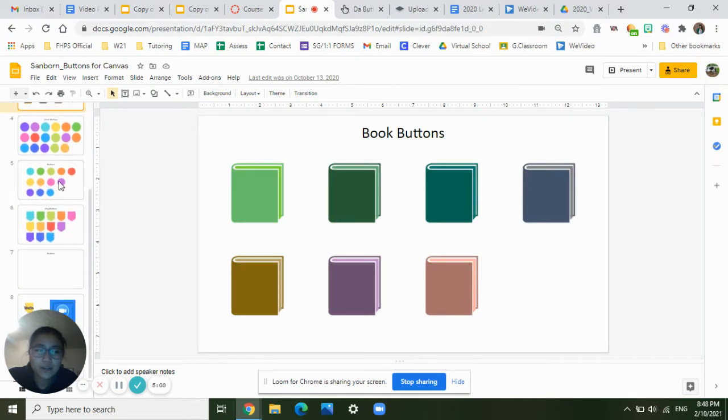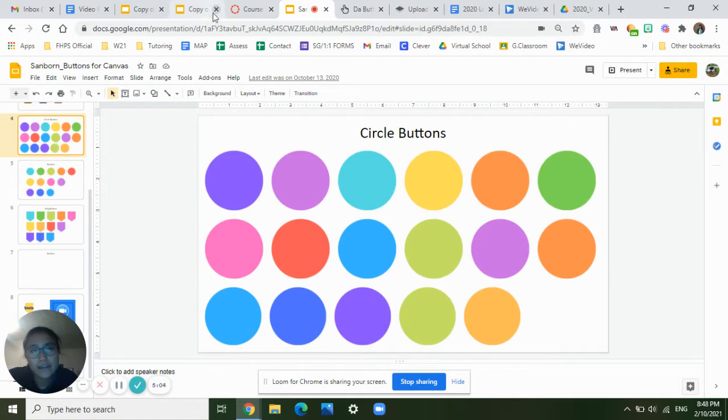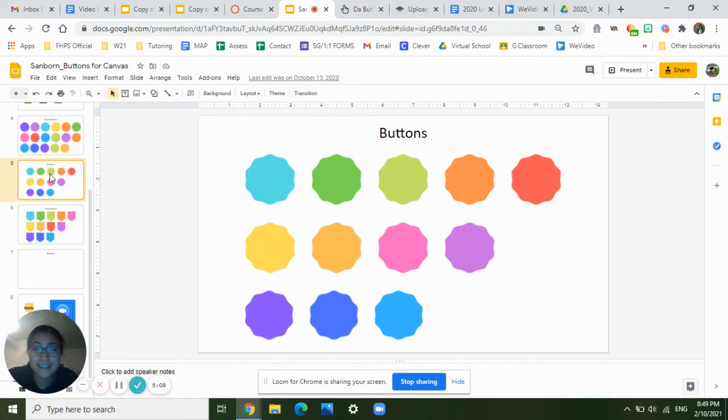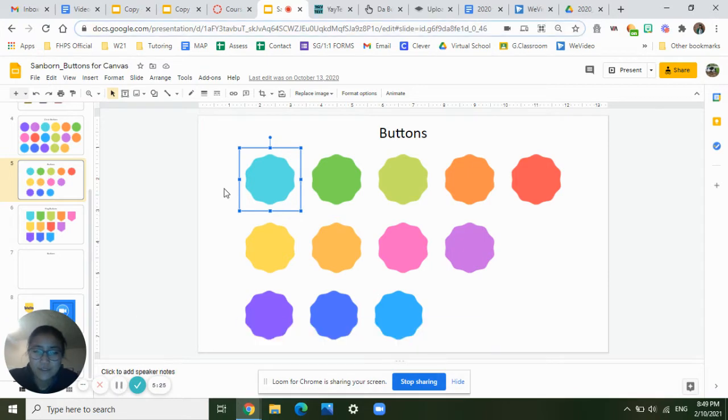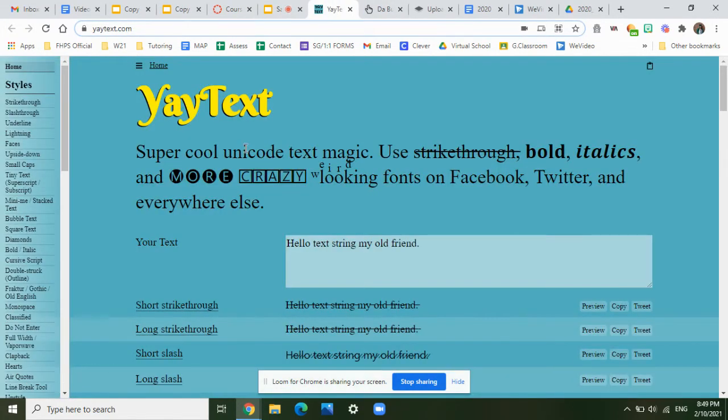So, for example, let's say that we want to make a button. I have circle buttons on my page, but let's say we want to make a button like this, a little fancy swirly button. I don't know what this is called. But yeah, let's say we want to make one of these buttons. So, one thing we can do if we want some really cute text is we can go to